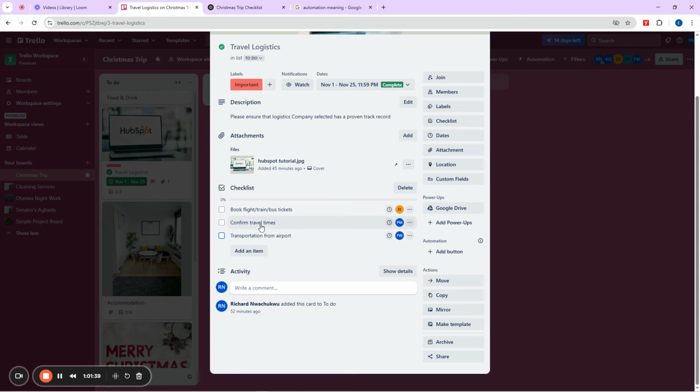So, are they going to be doing this inside of Trello here? No. They have to go to wherever they will go and look for the flights and confirm travel and transportation fare to go and do their thing. When they are done, they will simply come here and check this box. Is it clear, Madam LinkedIn? Is it clear?